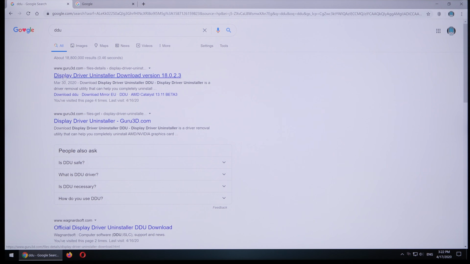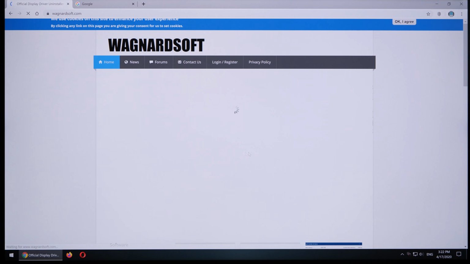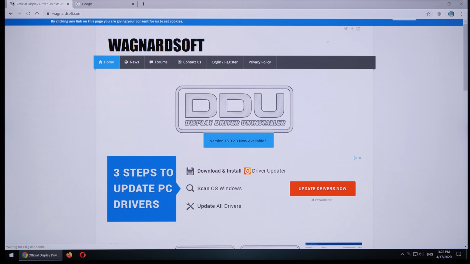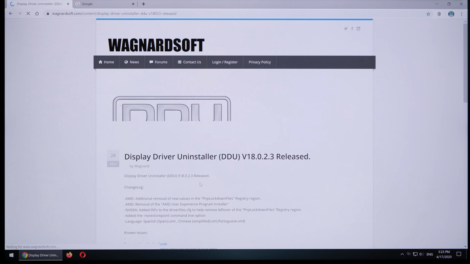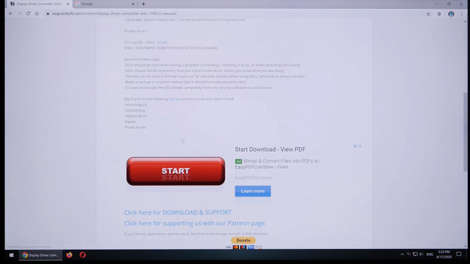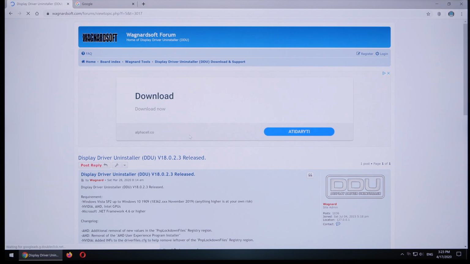Alright, but enough talking. Many PC enthusiasts go for this free tool going by the name of Display Driver Uninstaller, or DDU for short. This tool does an excellent job. It not only uninstalls the driver, but also gets rid of all those leftover files spread all across the Windows operating system that normally get left behind. This therefore also saves us quite a bit of time and hassle.